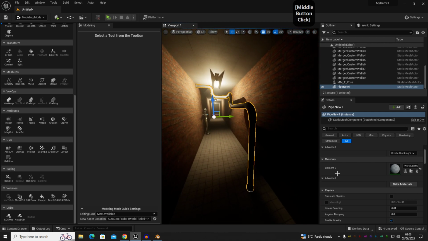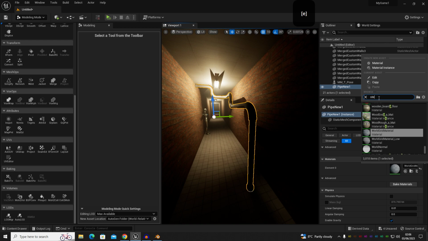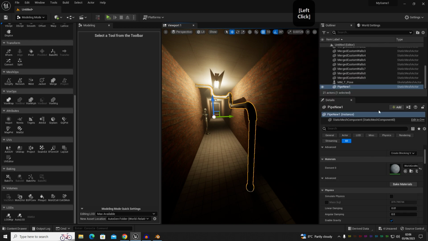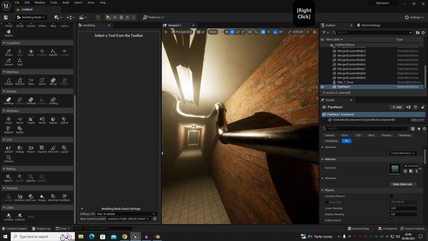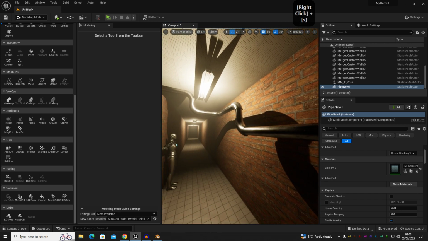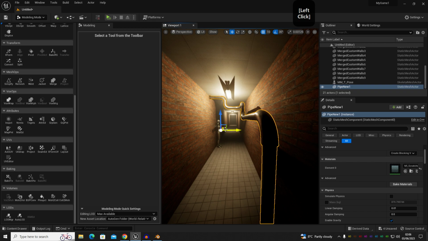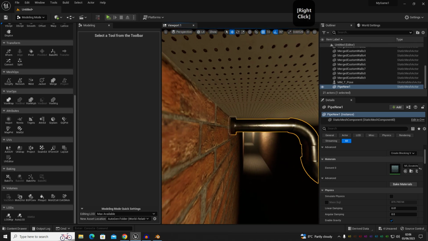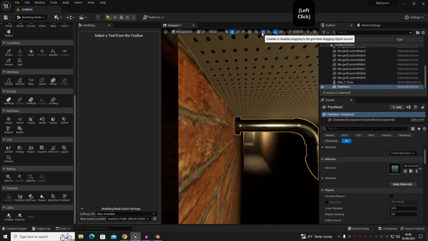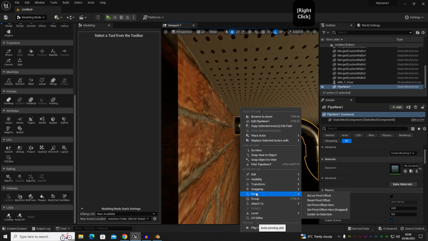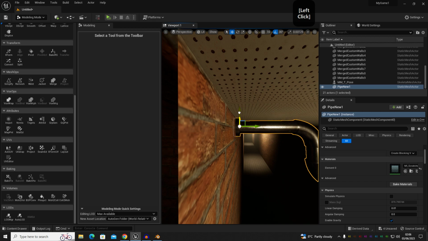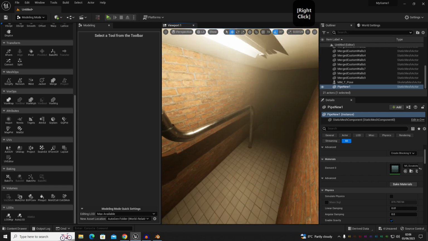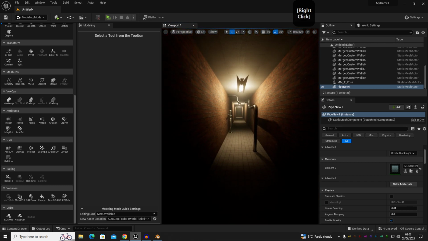Let's add a texture to this pipe, so we'll go steel, and then we'll get like scratched metal, which looks really good, and then we can move this into position, just like this, and we'll move it down slightly, so let's right click, pivot, offset here, and out and across, down. So there we have a pipe in our corridor,